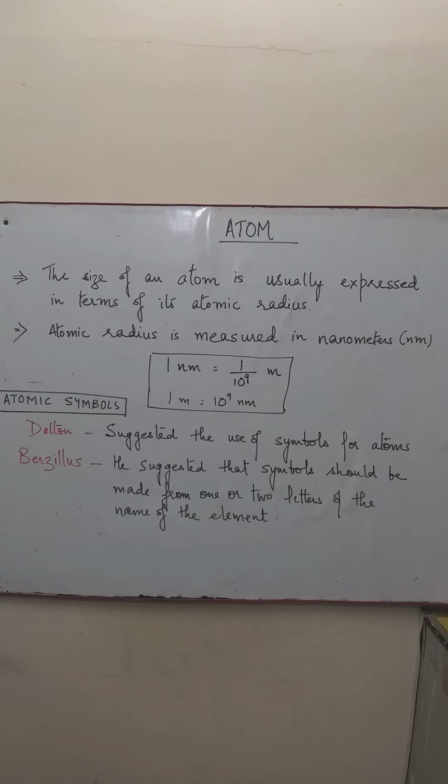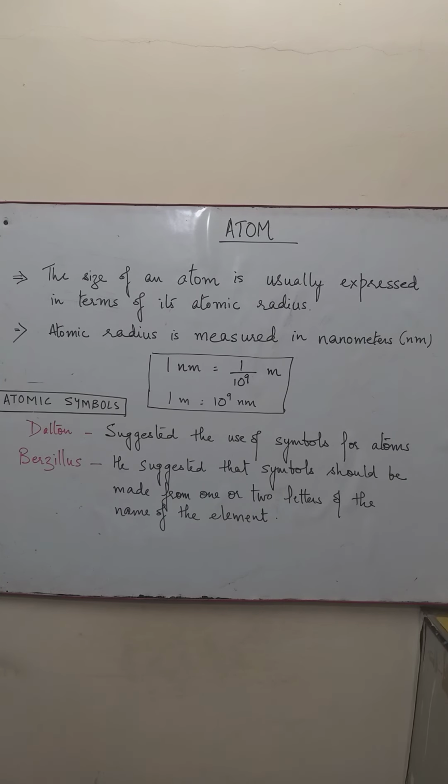Now, earlier during the naming of the elements, in the initial stage, elements were named after the place where they were found for the first time. Copper was named after a place called Cyprus, and some names were given according to the colors they have. For example, gold was named because it has a yellow color. So the place of origin or the color were the initial bases of the naming procedure.